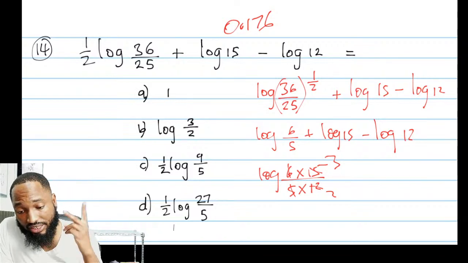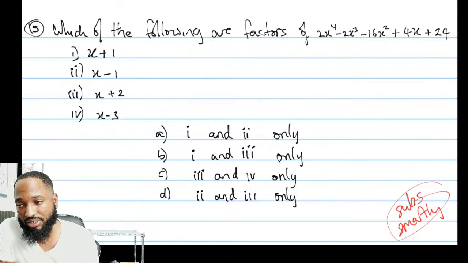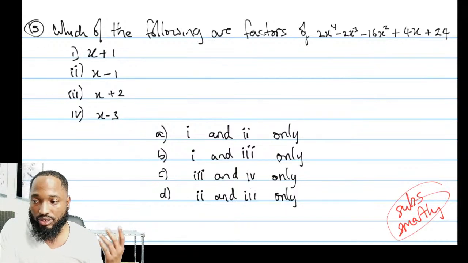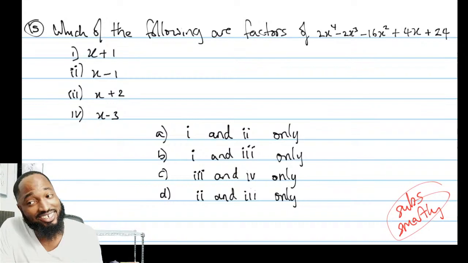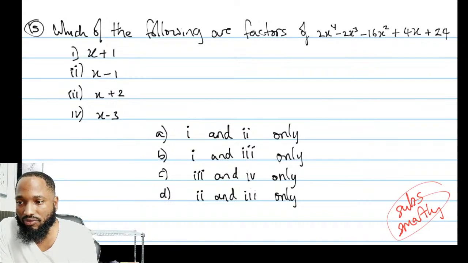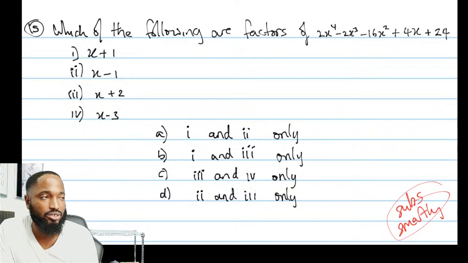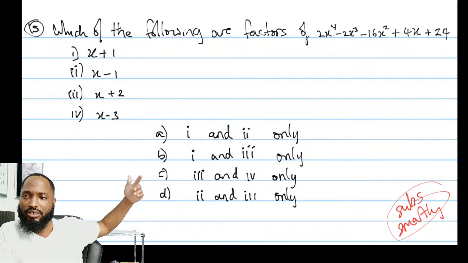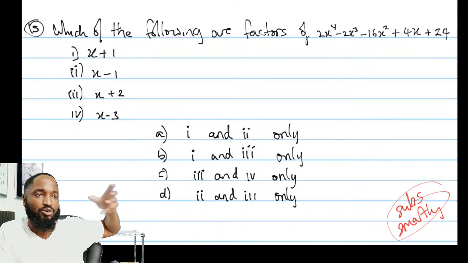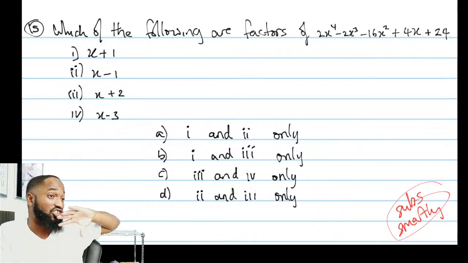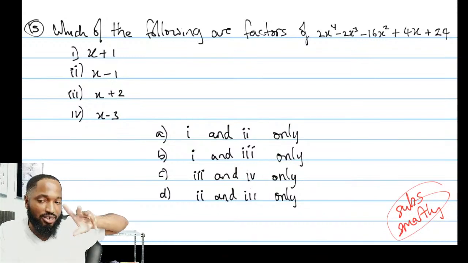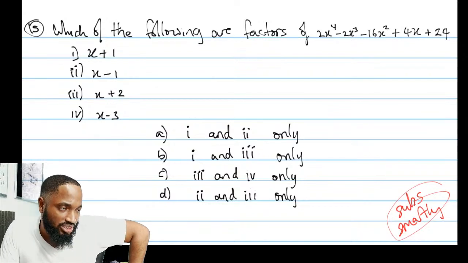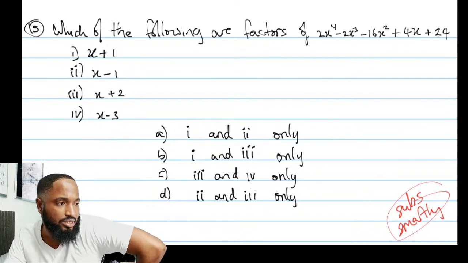Next question. So you all understand the two methods to crack that question: the way that they want you to do it and the way that you could do it with just plugging it in your calculator. Which of the following are factors? Remember what I said about pure maths, context. They try to remove the context. So sometimes you're doing one question, bam, you come back to this. You come back to the next topic. They don't put the topics in order. There's a general order, but in the modules, sometimes you can have some cross-pollination, just so that you can lose context.